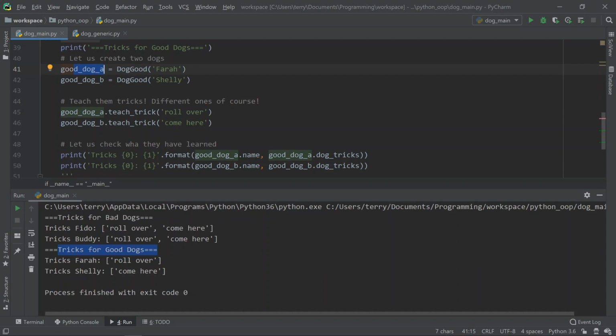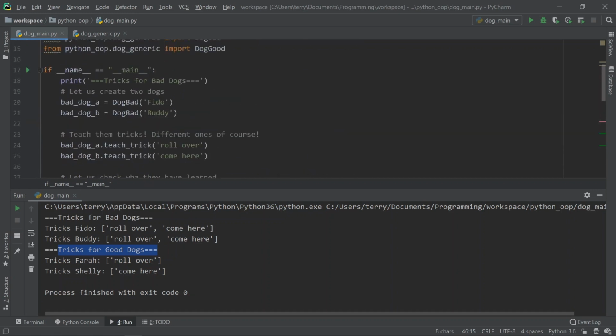In this case, we have one separate list of tricks for dog A, and then a separate list of tricks for dog B. So when we add those, they're being added into different lists,